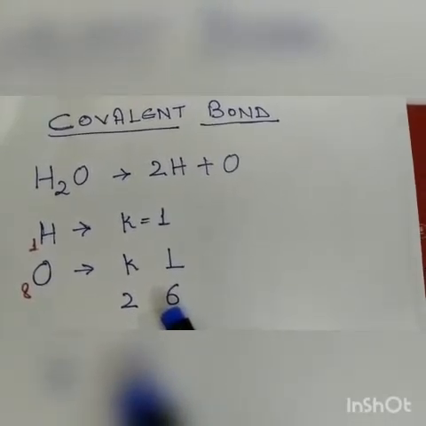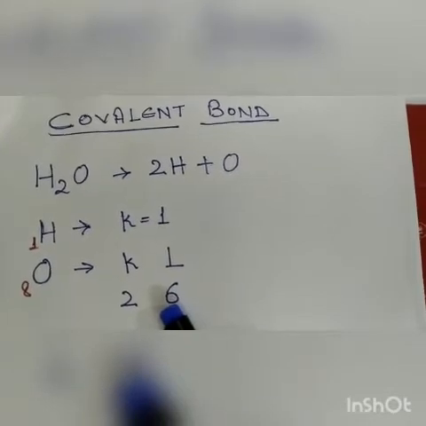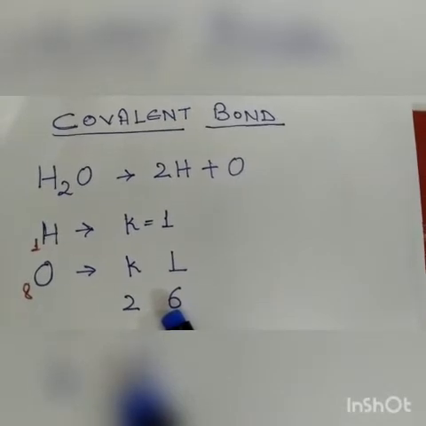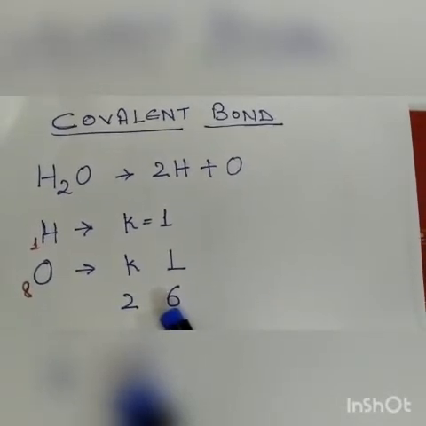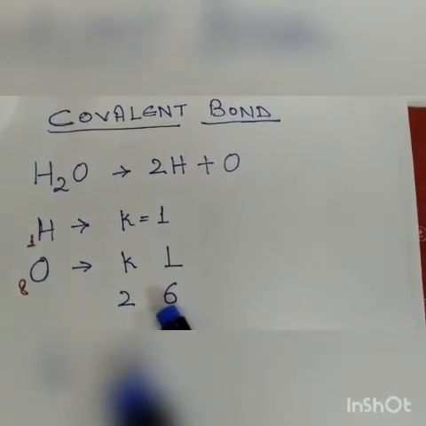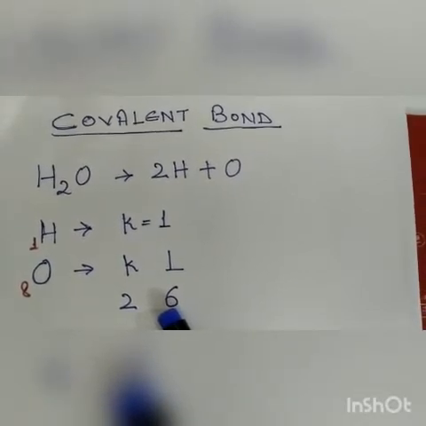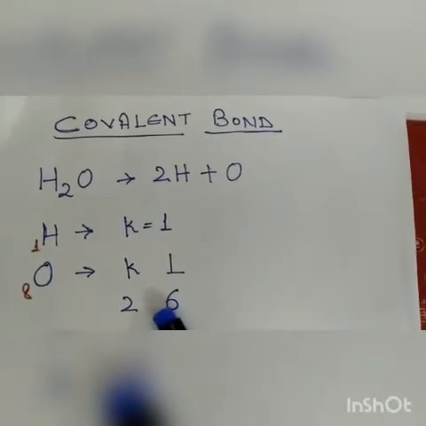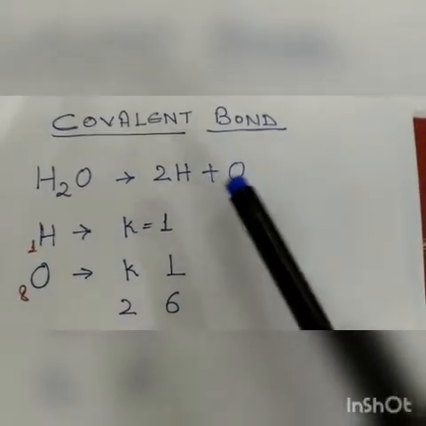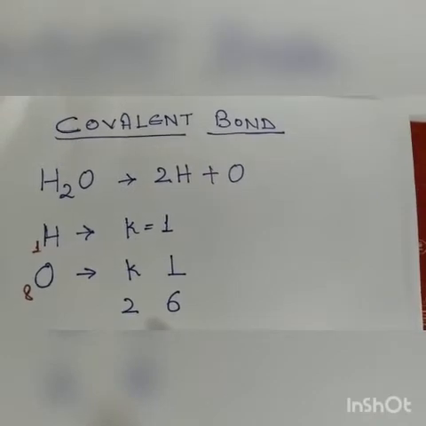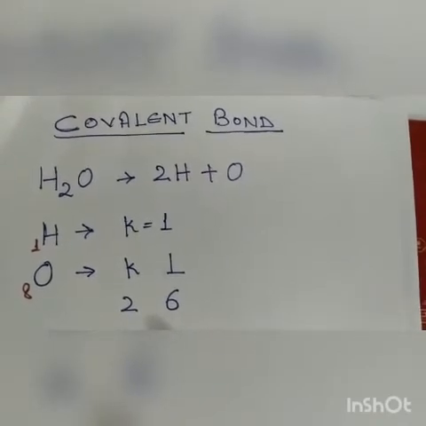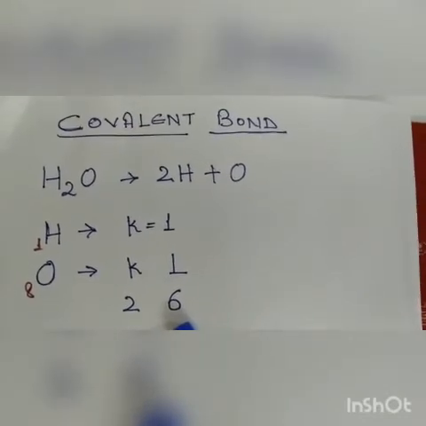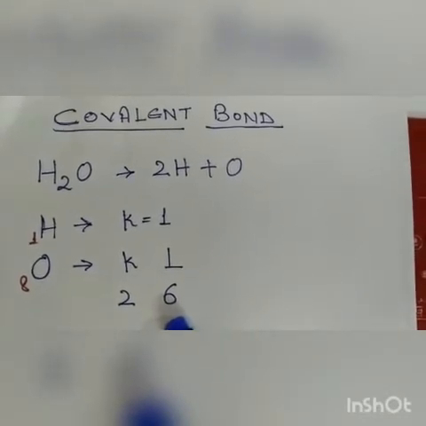Hydrogen also needs an electron, oxygen also needs electrons. So from where to get electrons? And they cannot lose electrons because they are in need of electrons, hydrogen also and oxygen also. So they share their electrons. So this oxygen shares 2 of its electrons with 2 hydrogen atoms. So when it shares its 2 electrons with 2 hydrogen atoms, both the hydrogen atoms' first shell will be complete.